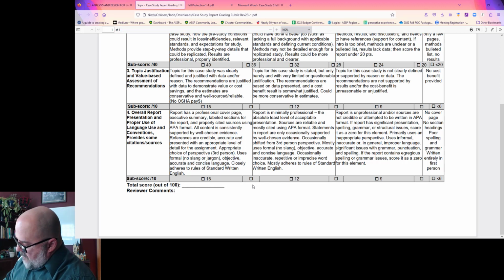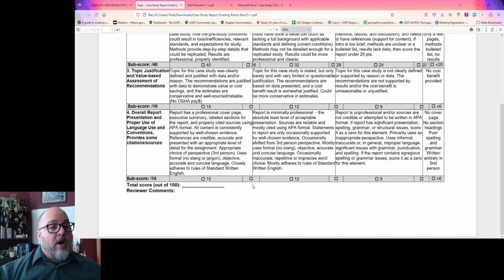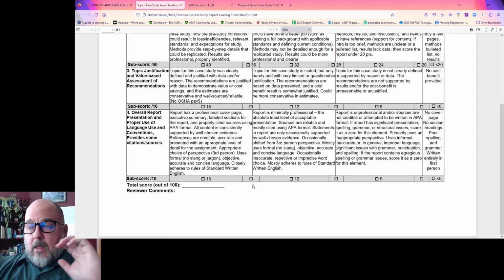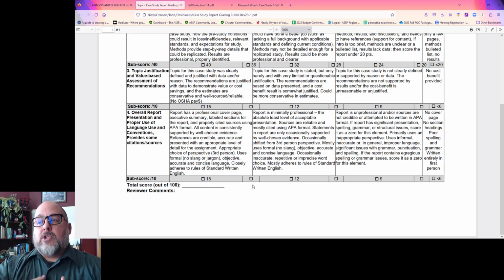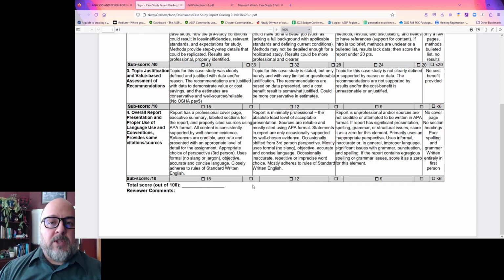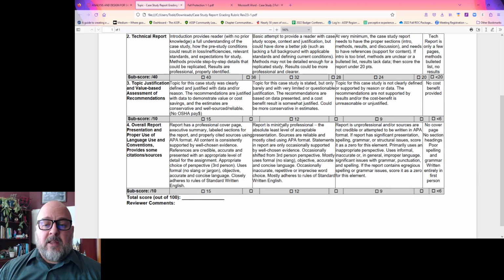So what did he get? So 5, 1, 2, 3, 6. 85. Very good. The little things he could have done to explain the methods better, to show the before and after risk ratings, more pictures and things like that. He can jump to a 95 very, very quickly just by providing those things. I think that's what he's lacking.